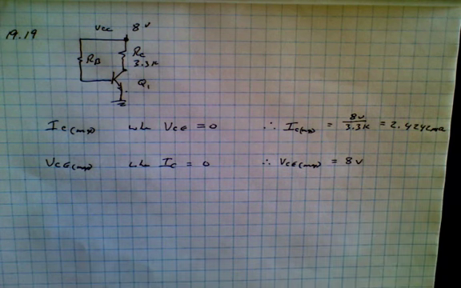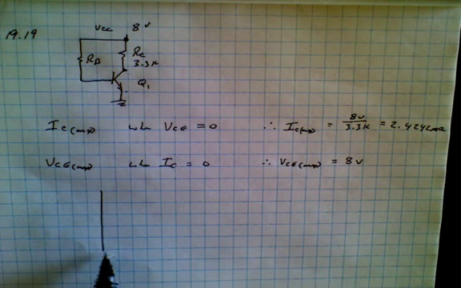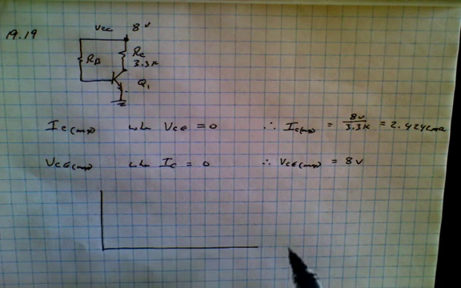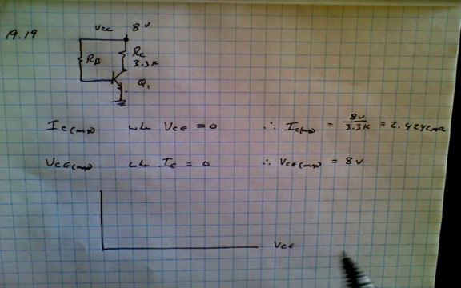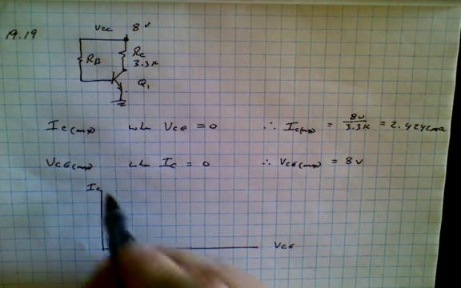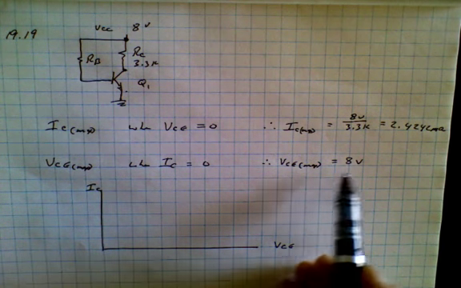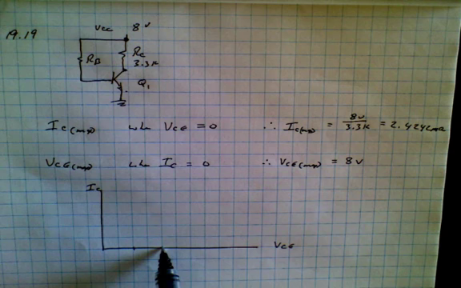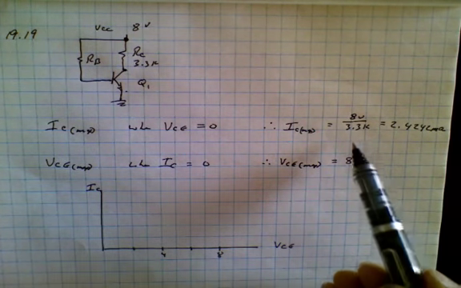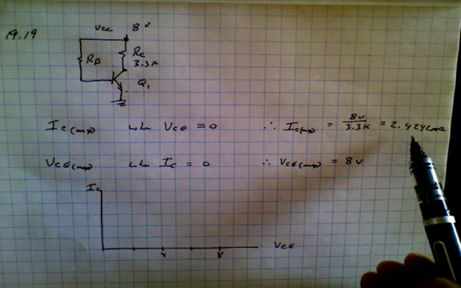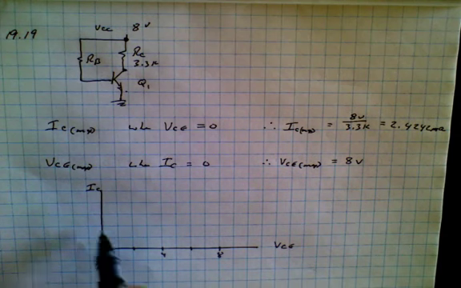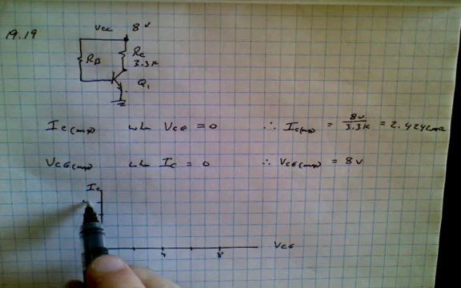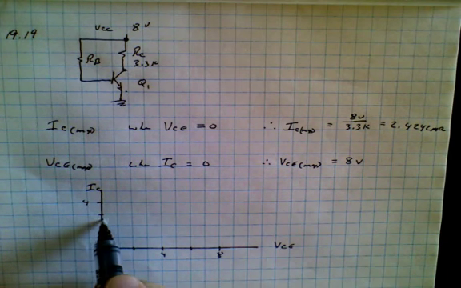So how do we plot this? We have one graph with two axes. This axis will be voltage collector to emitter, and this axis over here will be IC. We know that the maximum on the voltage collector is 8 volts. So let's say it's 2, 4, 6, 8 volts right there. And in the vertical axis is 2.5 milliamps. So if we said 1, 2, 3, 4 milliamps, 2.5 milliamps is roughly here,